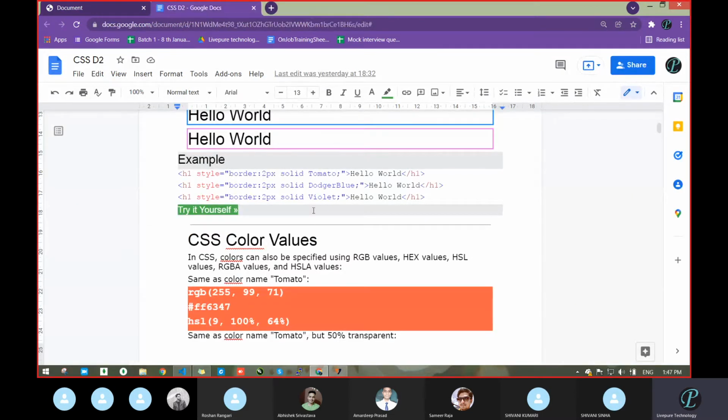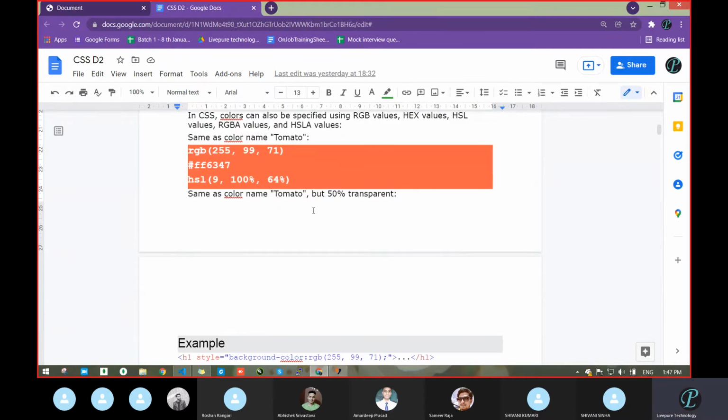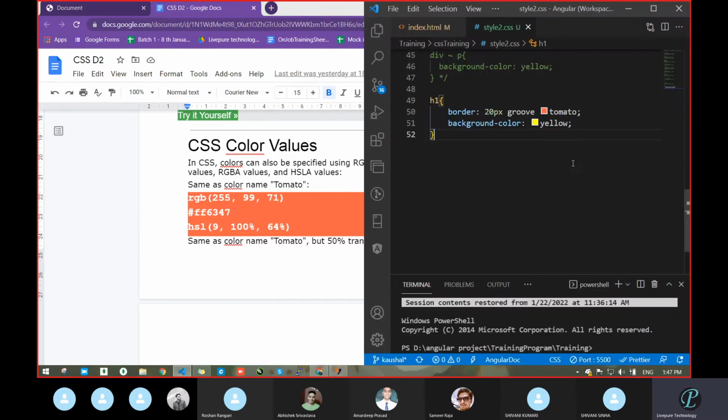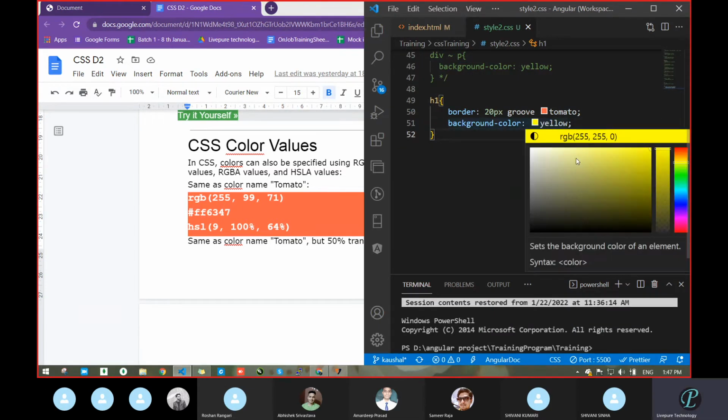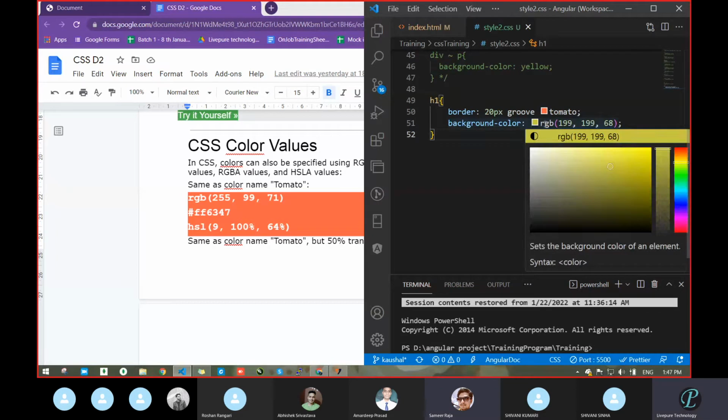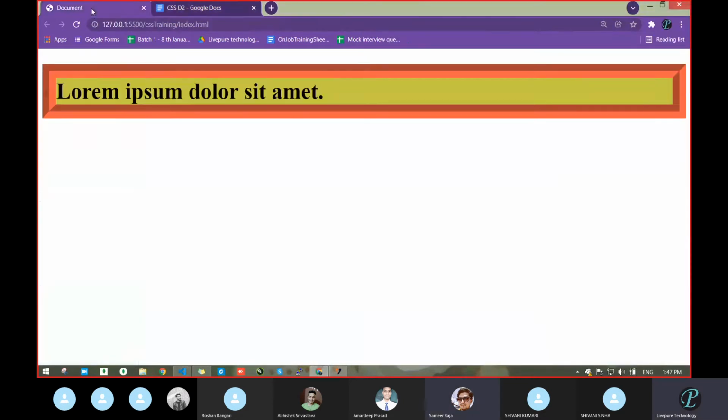Now come to that. There are different ways of passing the color: RGB, hexadecimal, HSL. These are not the matter. See how we get different colors. Click the cursor, I had told this previously also. See, this becomes RGB color. Correct, so this is RGB. Different values, no need to remember all these things. Just keep the cursor, pass the value, you will get it automatically.